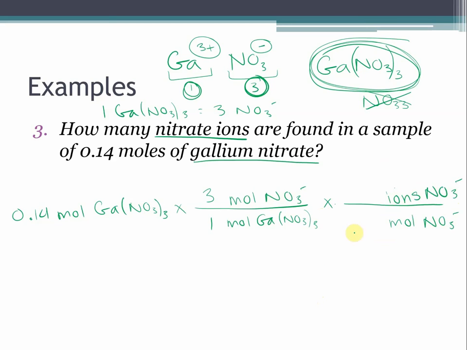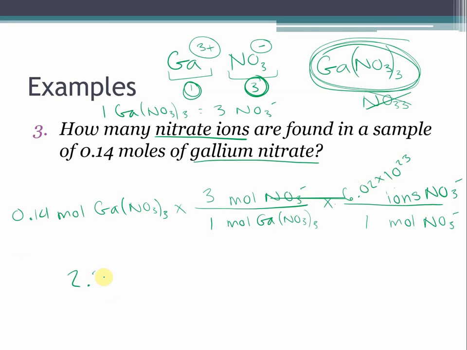Just like anything else, in 1 mole of ions, we have 6.02 times 10 to the 23rd individual ions. So 0.14 times 3 over 1 times 6.02 times 10 to the 23rd over 1, assuming you plug that in correctly, you should get